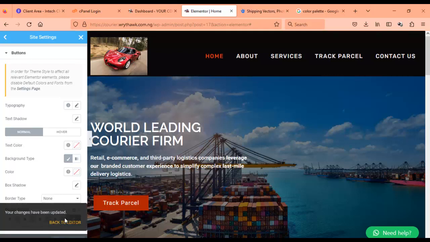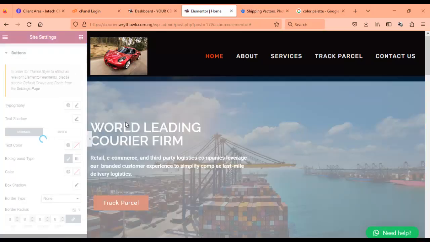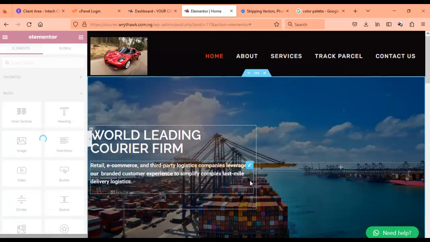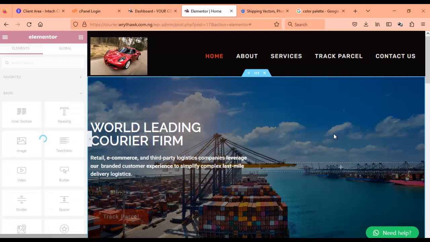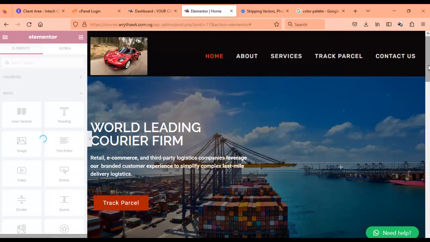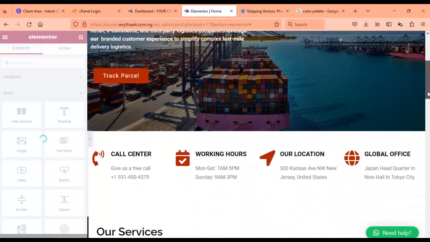So basically we've altered the color and font. Okay, and the color and font of this site has been altered. You can see the fonts. Okay, so you can go ahead and change